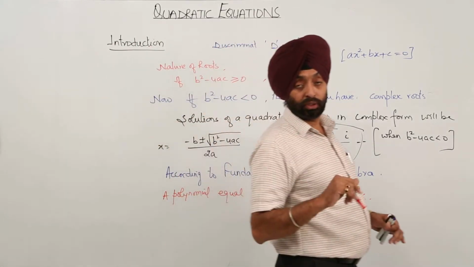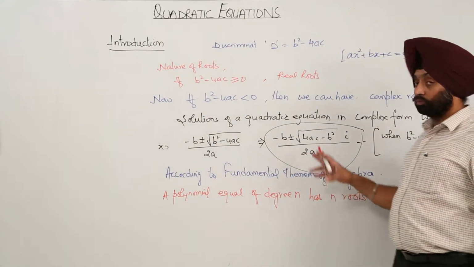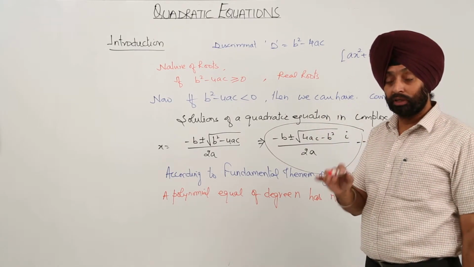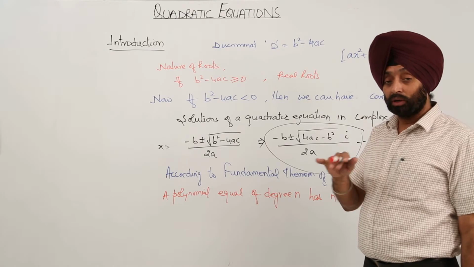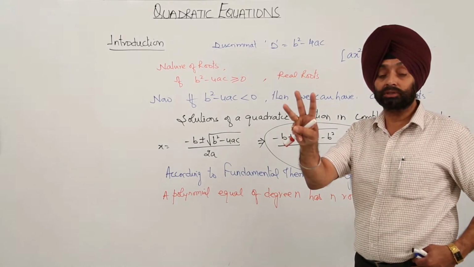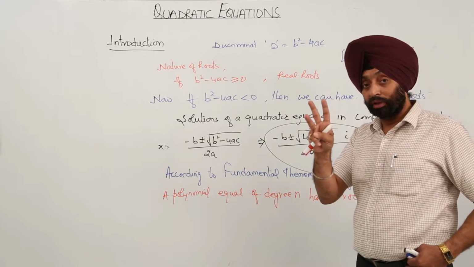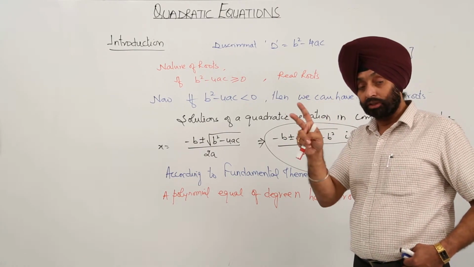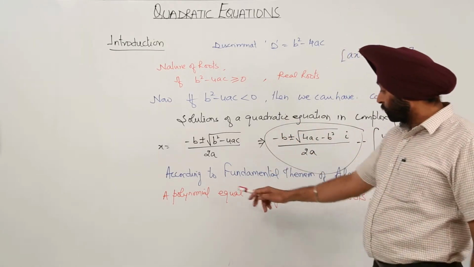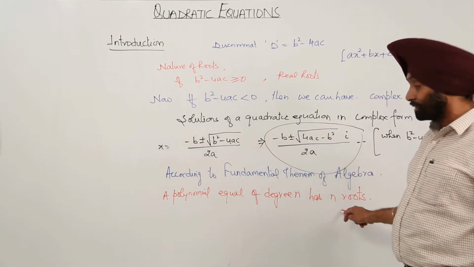Now we have already gone through the complex cube roots of unity while doing the complex numbers chapter, and it was what? If the power of x was 3, we were having 3 answers, 1 real and 2 complex, 1 real, 2 imaginary, total were 3. So now we are going to follow that part: a polynomial equation of degree n has n roots.